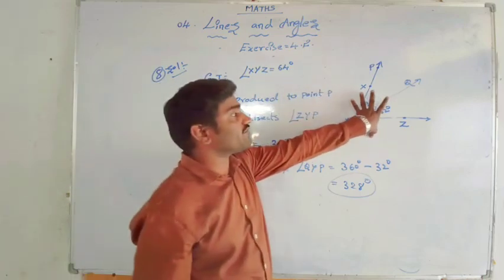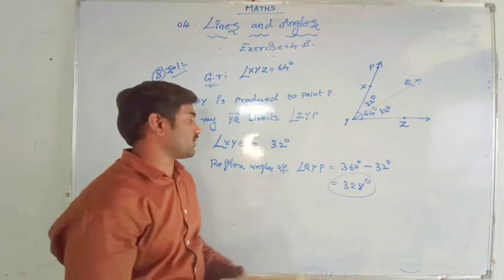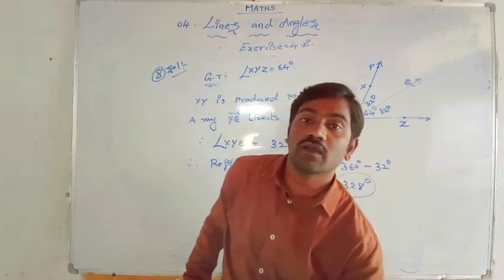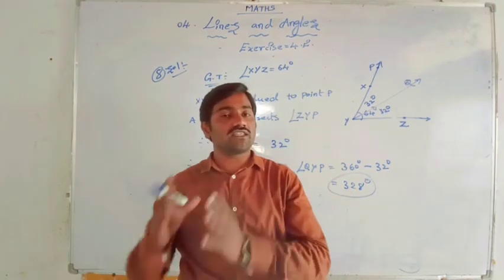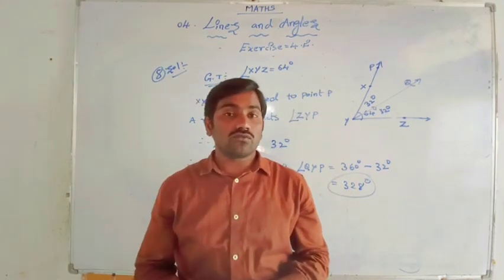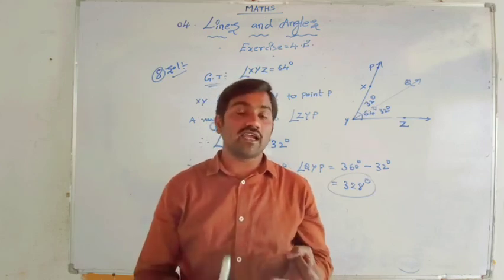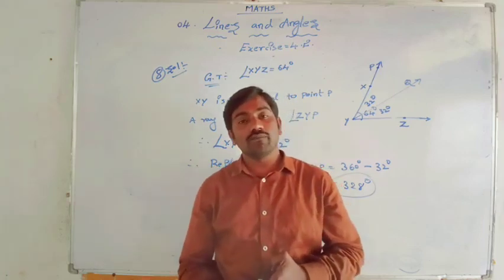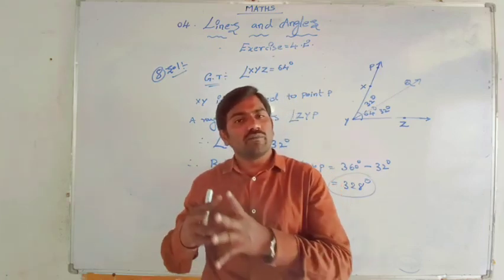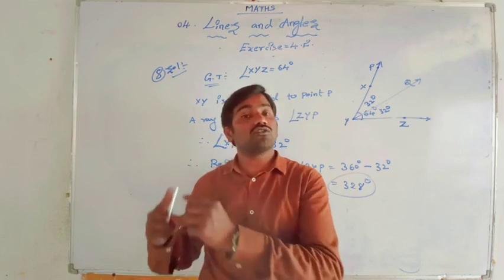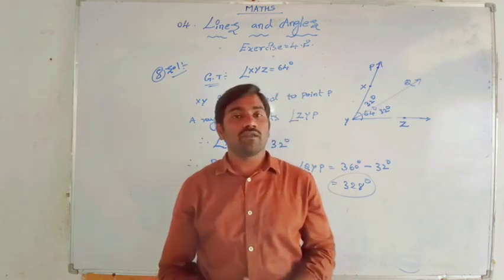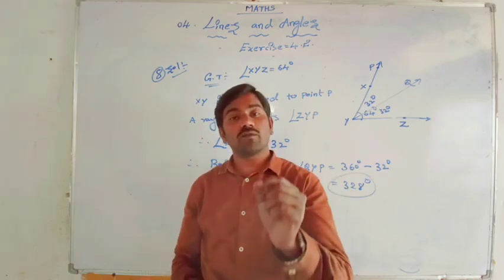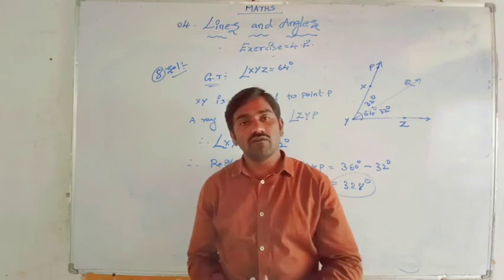We have drawn a diagram from the given information and also we have solved the two problems here. Hence this exercise 4.2 is completed. 4.3 also will be there. There we have to learn again clearly what is corresponding angles, alternate angles, alternate interior, alternate exterior, transversal, vertically opposite angles. Based on completely that introduction about lines and angles, we have exercise 4.3. If you listen carefully to that introduction class, you can do 4.3 by yourself. Once you try it, or else we'll discuss in our next video.